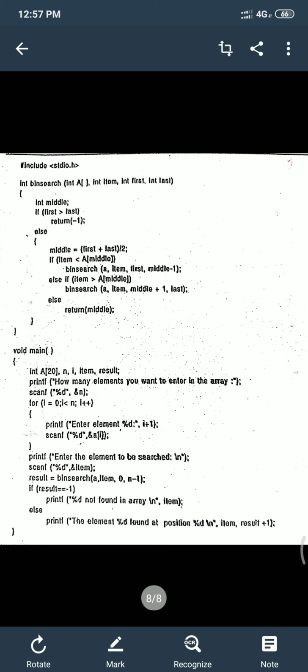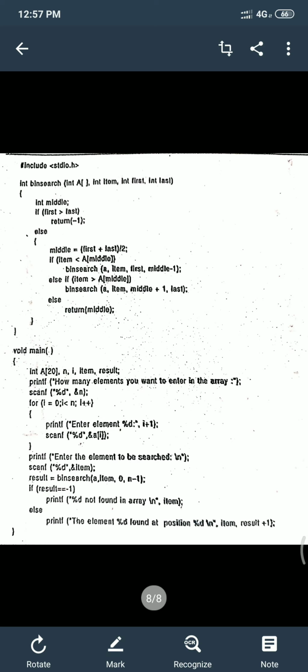If the item is greater than A of middle, it lies in the second half, and middle plus 1 is assigned to first. That is, if item is greater than A of middle, first is equal to middle plus 1, or else last is equal to middle minus 1.